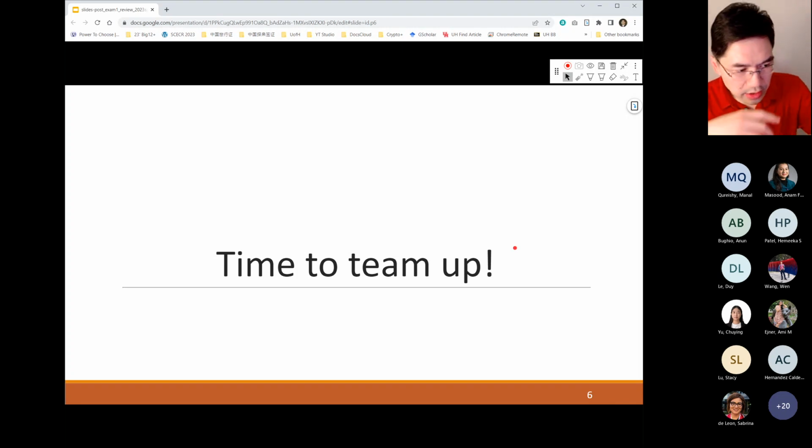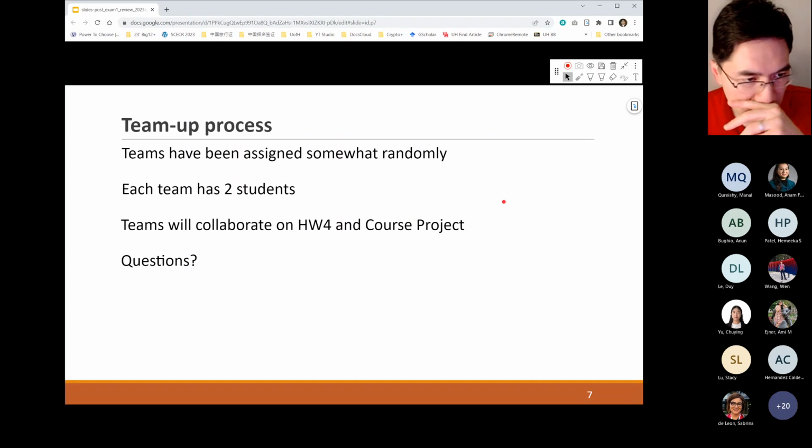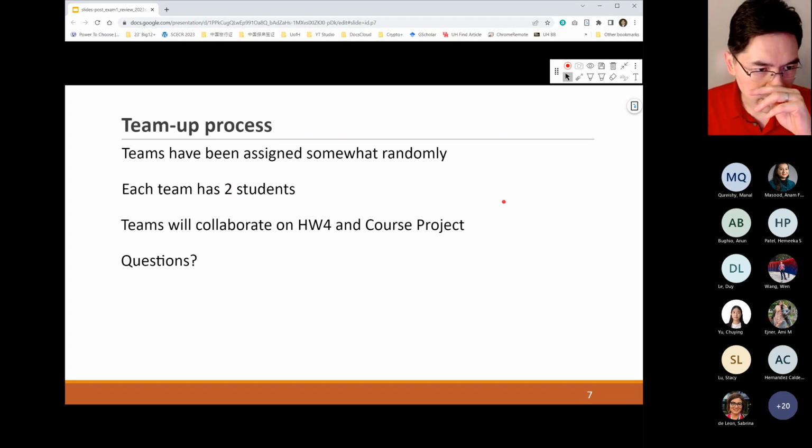But you also have a hackshop 4. I believe hackshop 4 is an individual work. We'll do that in 3 weeks, probably. When we come back to another face-to-face meeting, that is a virtual meeting, we'll do hackshop 4, and that's an individual work. But then the final project is going to be a teamwork. Each team mostly has 2 members. I have assigned your teams